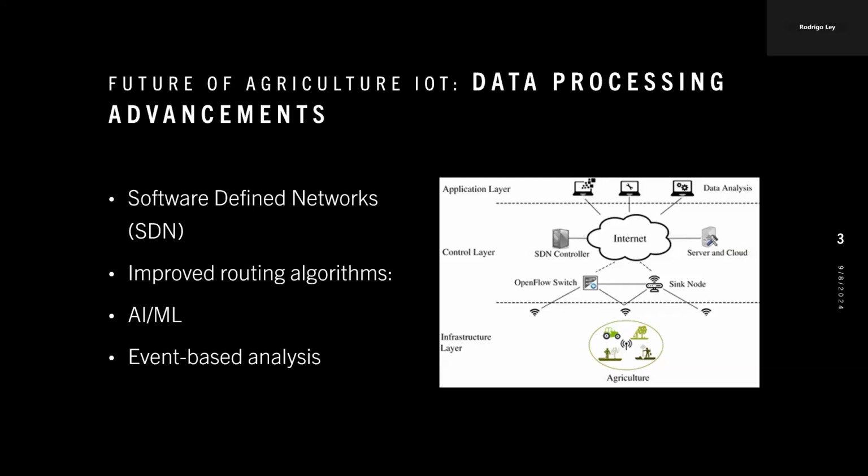other routing protocols, not necessarily using AI and ML, but with the specific goal of lowering energy usage and increasing network lifetime. You can imagine this will be important in agricultural IoT. On a farm, you may have many devices over a wide area. If you have higher energy usage across many devices, it will become burdensome for the farmer. And if you have low network lifetime, it will also be burdensome for the farmer. They will have to go out to the field, find devices, replace them, constantly maintain the sensor system, or their IoT system will malfunction.